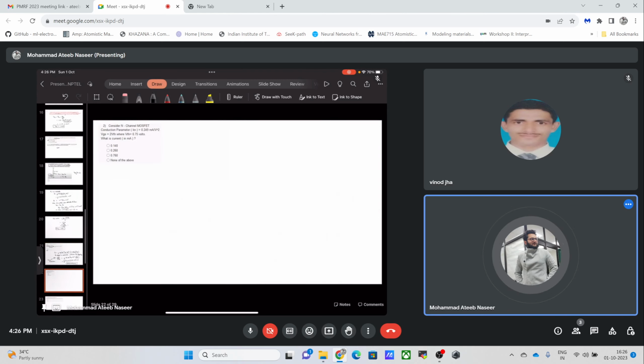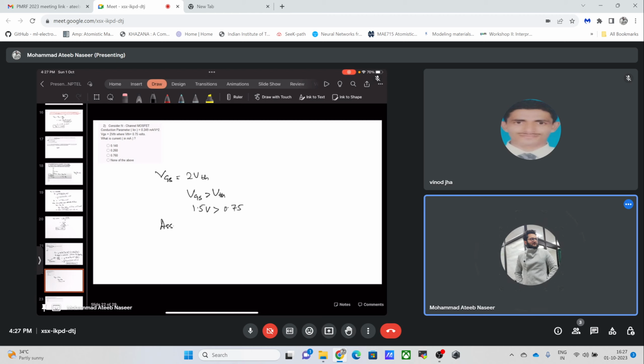Now, moving towards another problem, it says that this problem is related to the N-type MOSFET, and it has been shown to us that this conduction parameter is given and is equal to 0.249, and this VGS is 2 times VTH. So VGS is greater than VTH. VGS will be 1.5 volt. It is greater than this 0.75 volt, and